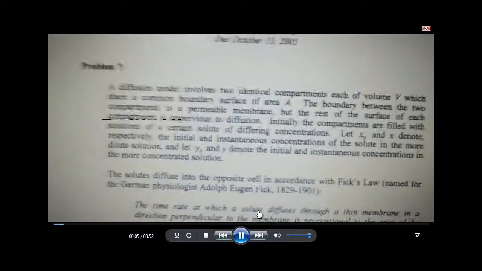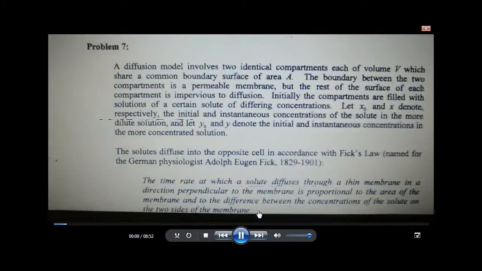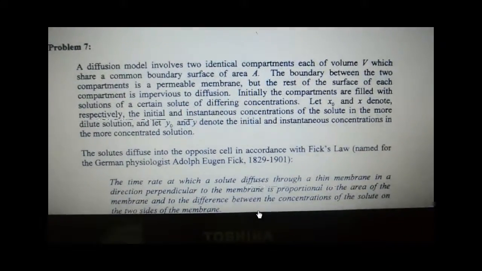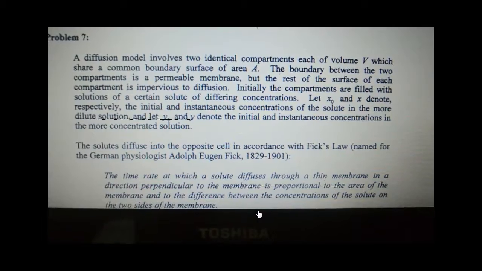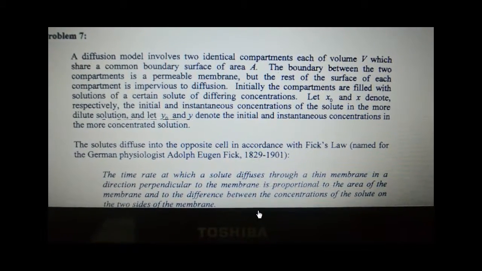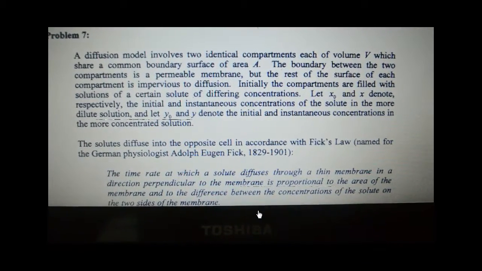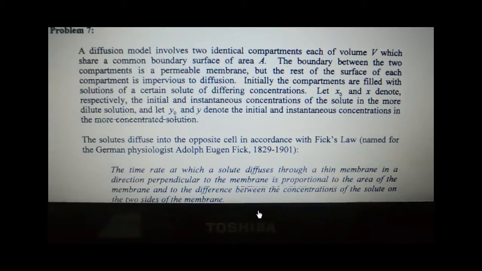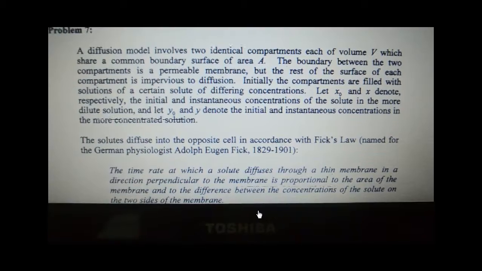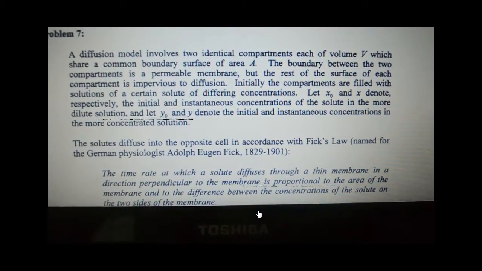So I was assigned a certain problem with an application of the integral we've learned from ES 81. Let me read this to you. A diffusion model involves two identical compartments, each of volume V, which share a common boundary surface of area A. The boundary between the two compartments is a permeable membrane, but the rest of the surface of each compartment